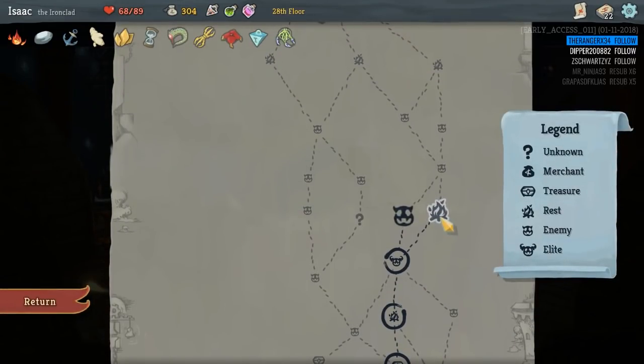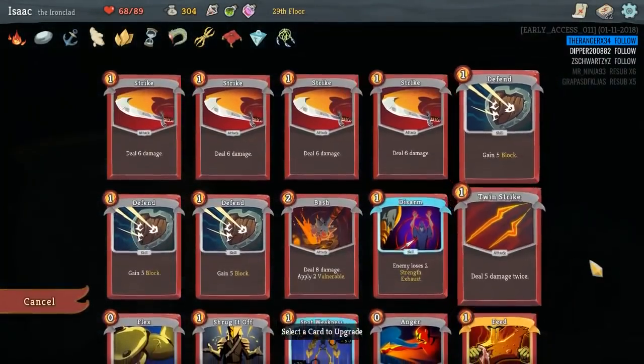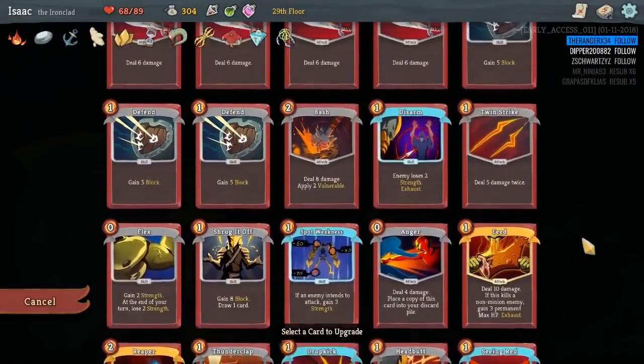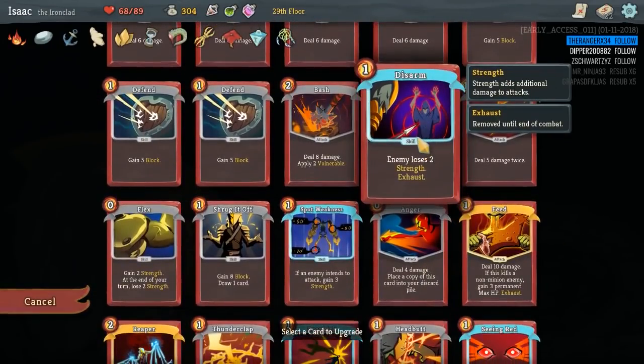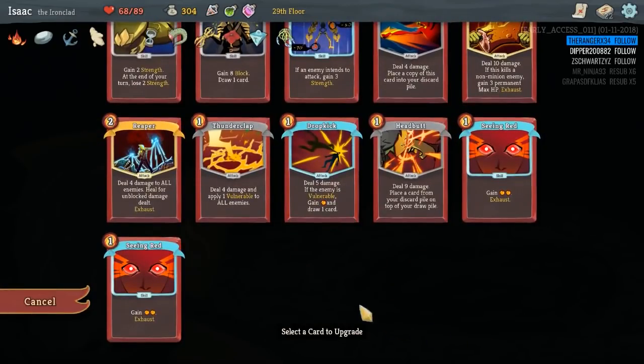Let's go to the fire here, and instead of resting, let us smith a card. So here we can upgrade a card. So for example, before we saw disarm, you can turn disarm, for example, into disarm plus if you do it at a campfire. I think I am going to...